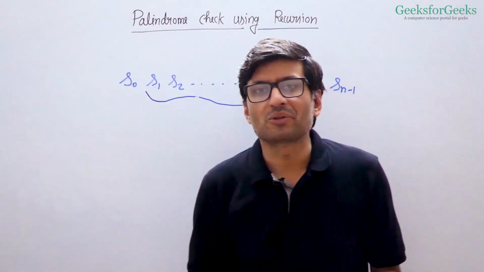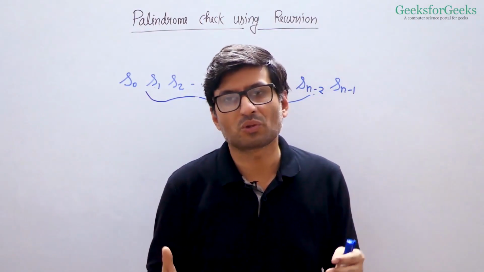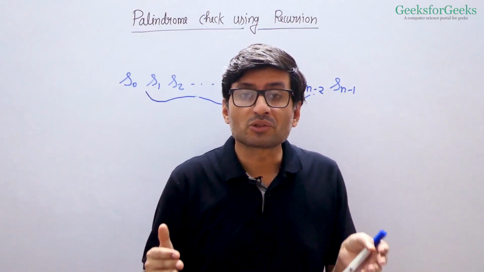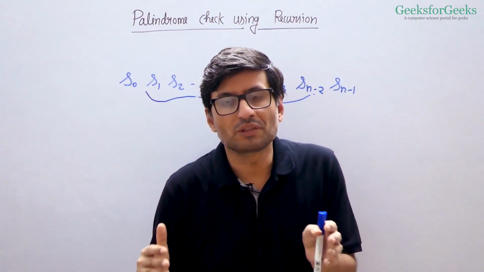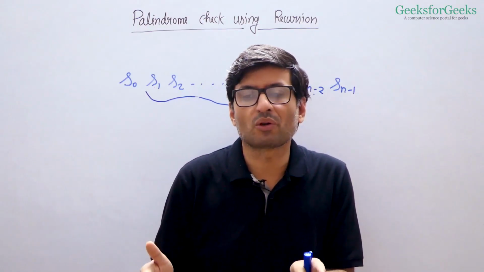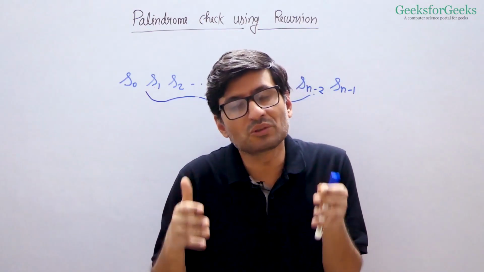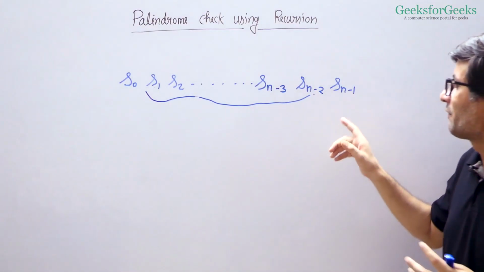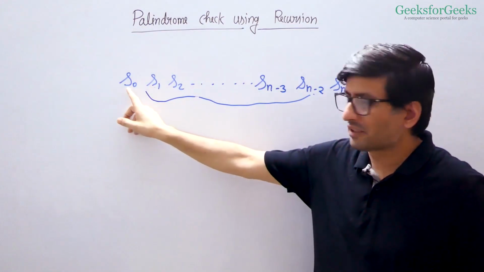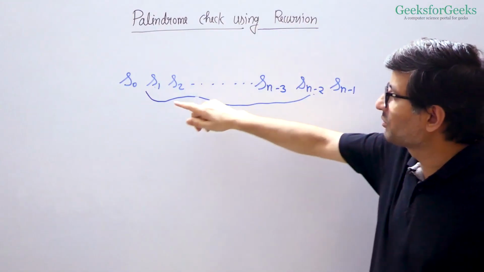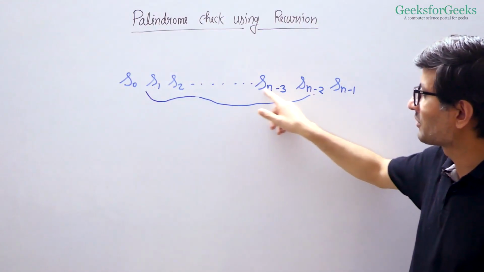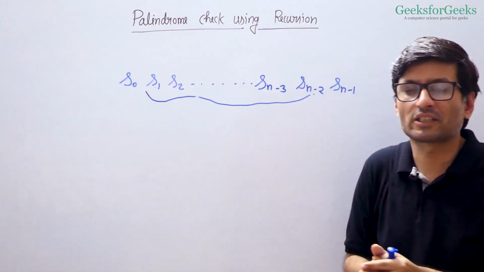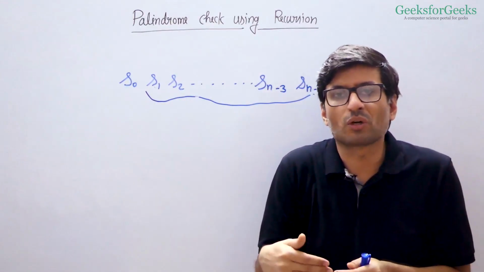Let us now talk about the recursive solution to solve this problem. In recursive solutions, we need to think in terms of solutions of smaller problems. We need to assume that we have solutions of smaller problems and then see whether we can use these solutions to solve the overall problem. In this problem, if I compare the first and last characters and assume that I know the result for the smaller problem, which is from S1 to Sn-2, excluding the first and last characters,